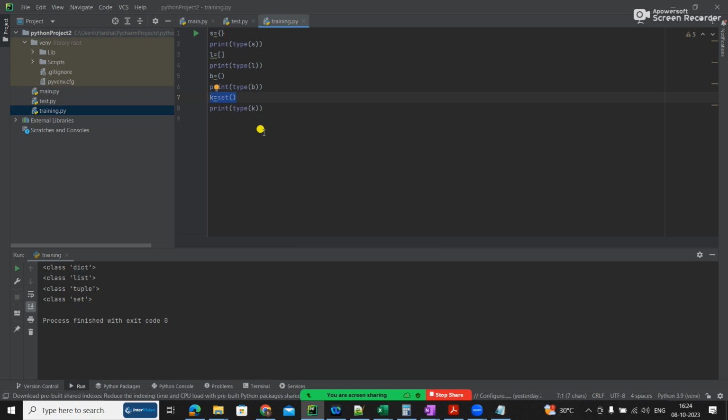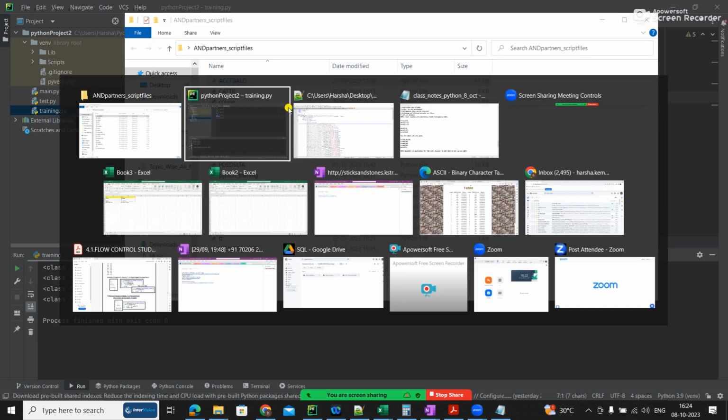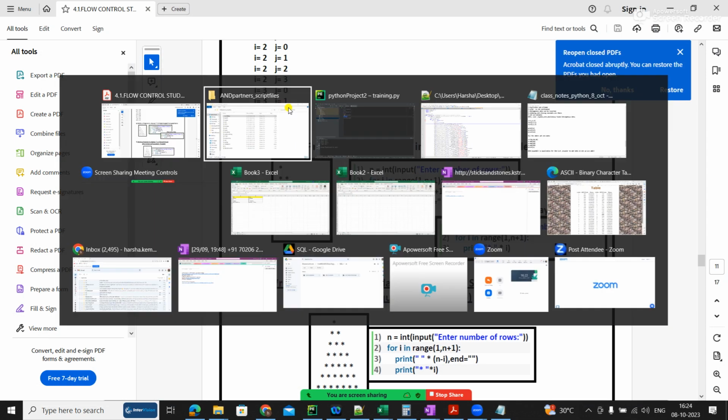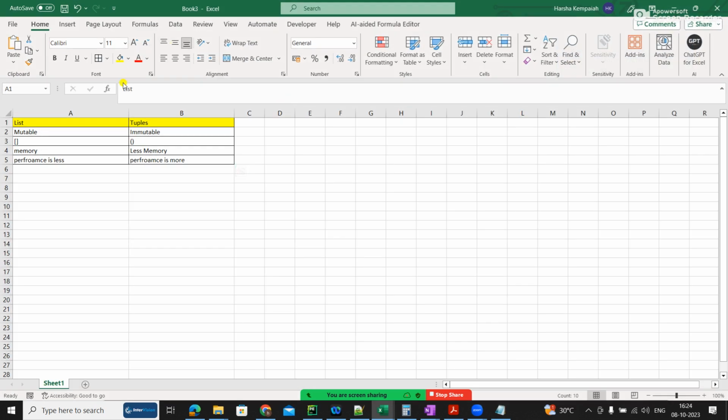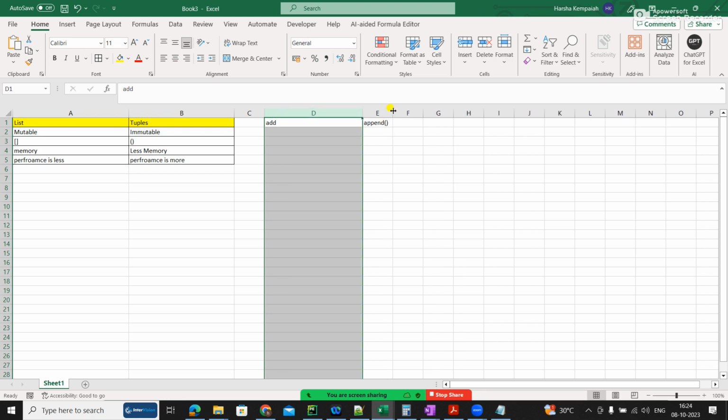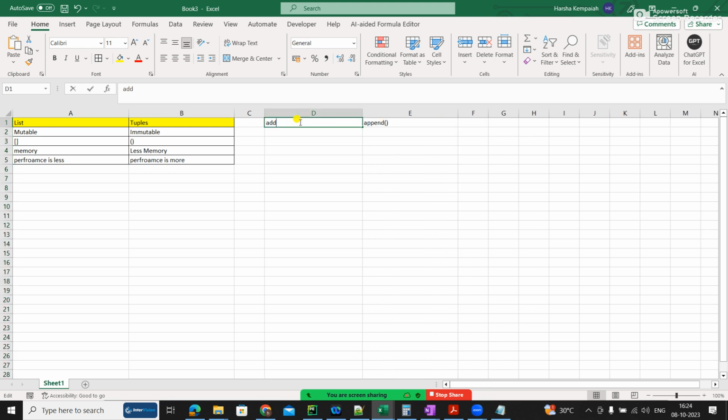So now I was able to add, and I'll give you two points on all these things, like add and append. These are the key points. It's like notes, so you know these points. In the interview these should be very clear. Append, already you know, list supports, not list, tuple supports.